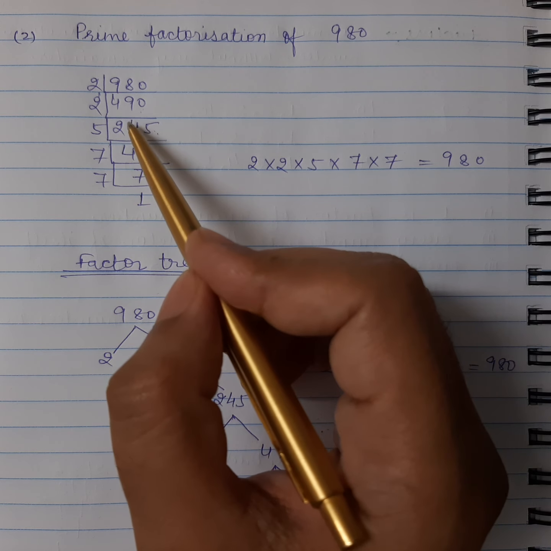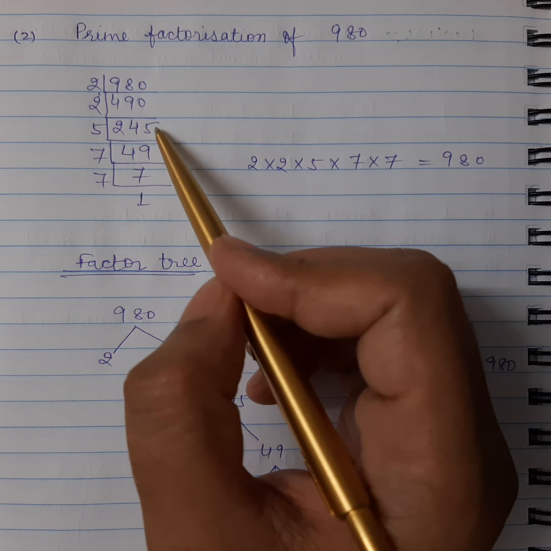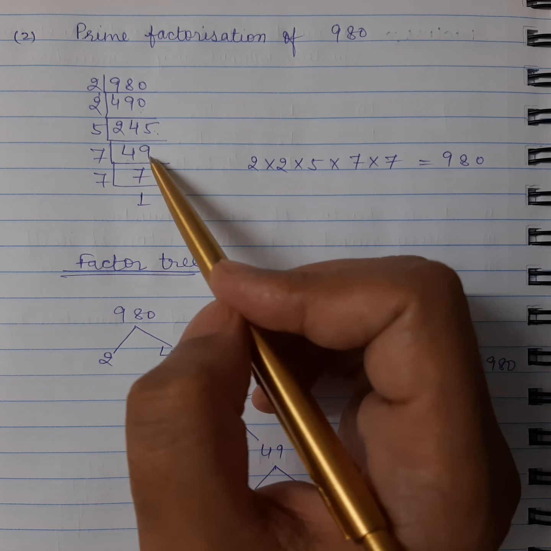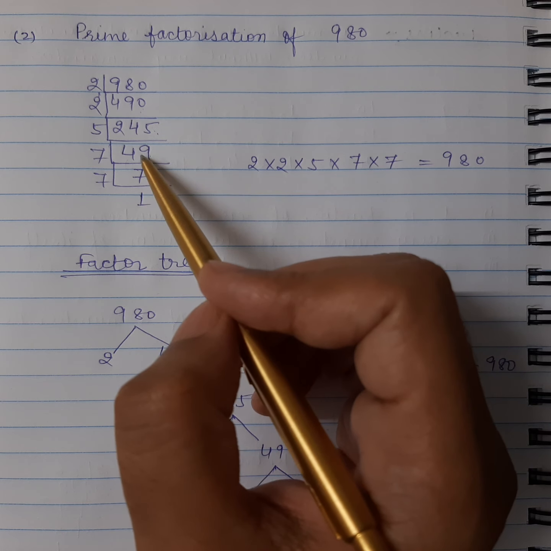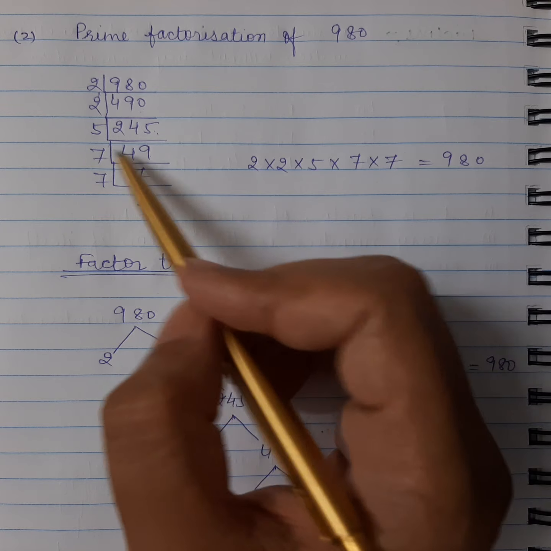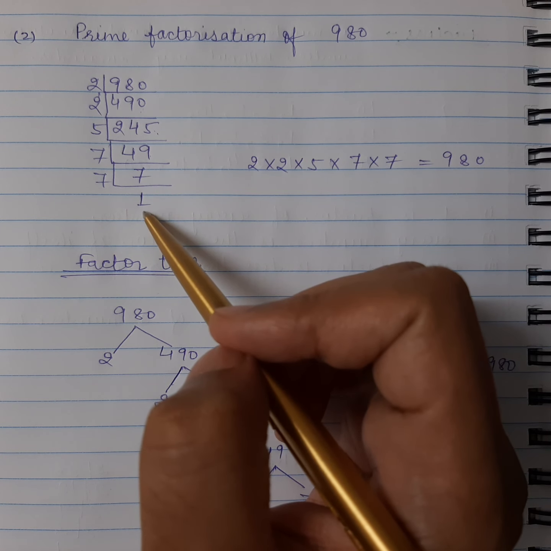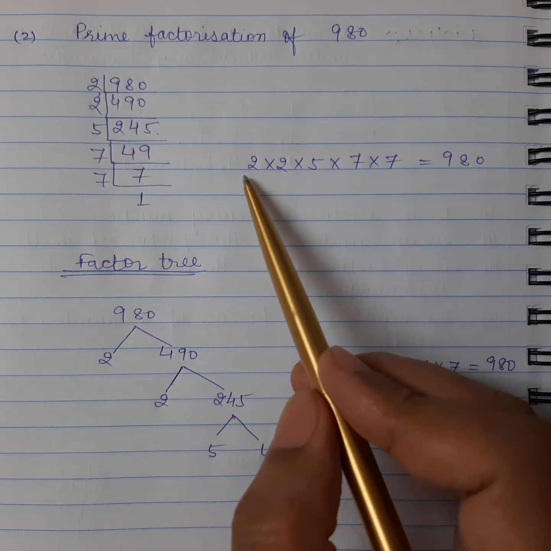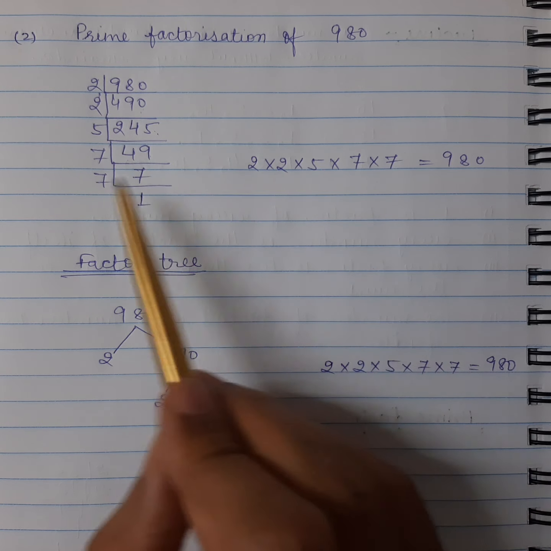Then let's try 5, because after 3 the next prime number is 5. If we divide 245 by 5, we'll get 49. Then 49 we cannot divide by 5, so let's try the next prime number, 7. If we divide 49 by 7, we'll get 7, and then again 7 we can divide by 7, so the remainder is nothing. So we say 2 multiplied by 2 multiplied by 5 multiplied by 7 multiplied by 7